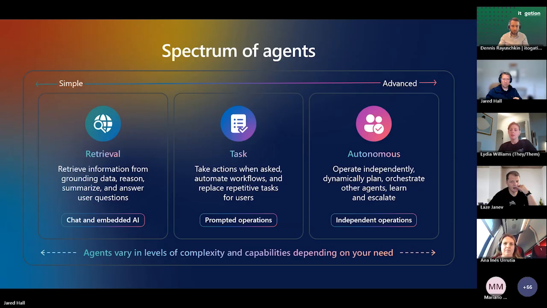of those. The next level of complexity is prompted operations. So you can create an operation within your application and have that prompted either through a trigger or through a conversation to be able to trigger those operations and have that as something that is done within your organization. And then moving further along this road is autonomous agents that can perform independent operations. They are operating independently. They have their own dynamic plan based on that generative orchestration within the agent platform to perform the operations that it's been given access to and given knowledge about.